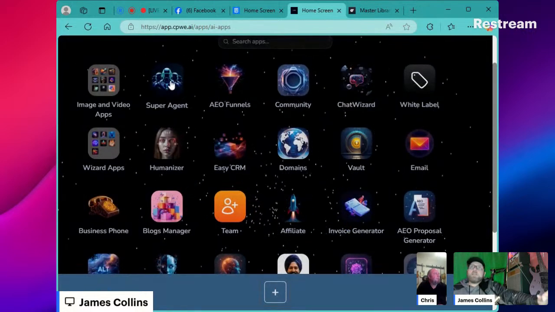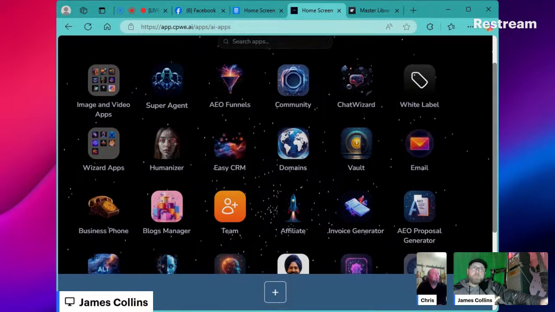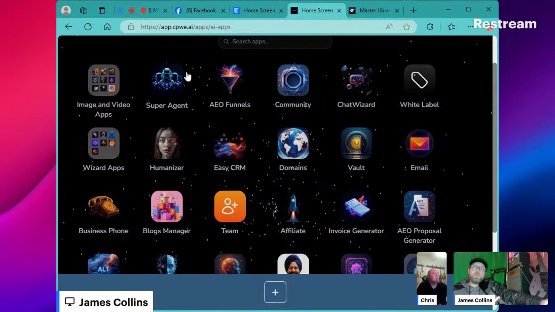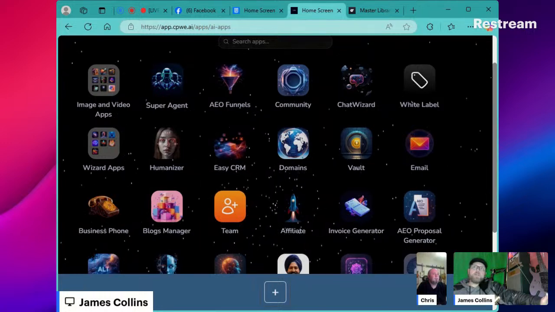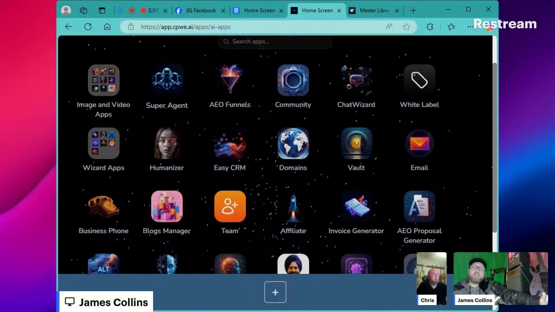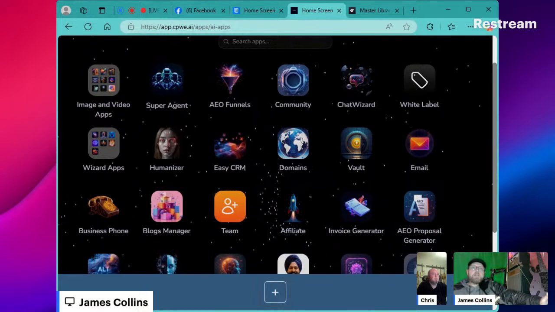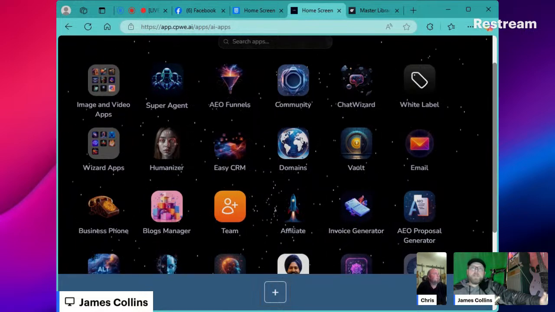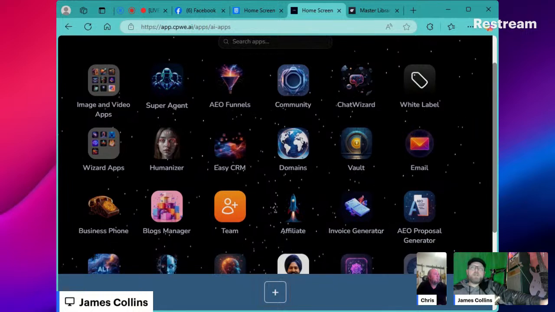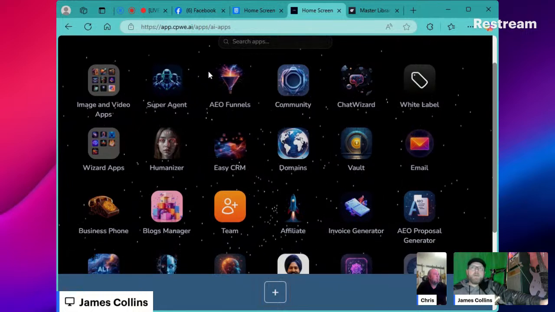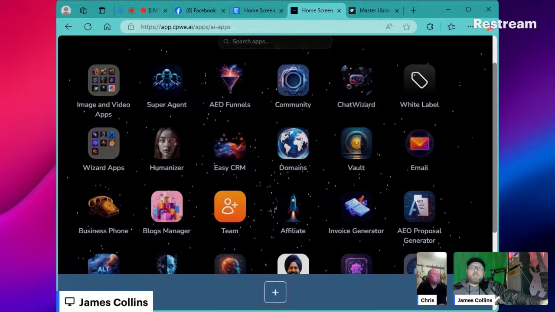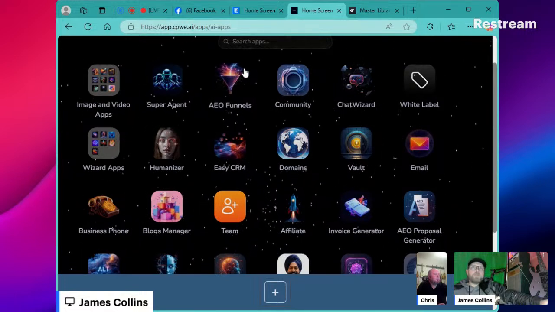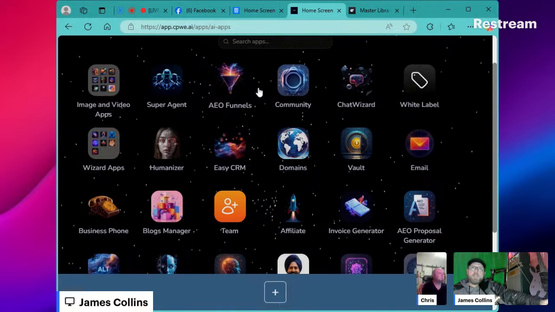Super Agent, the full suite of these tools will be integrated with Super Agent. Right now, of course, your voice agents and your super agents are still in your beta stages, so they're not fully functional yet. However, ours is pretty awesome. It will do a lot of things for you. We will show that in the coming weeks.